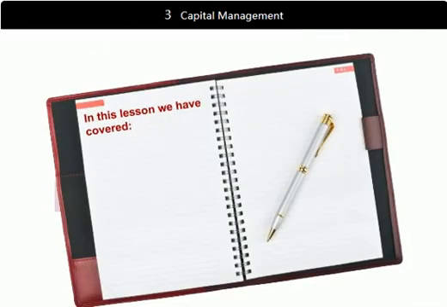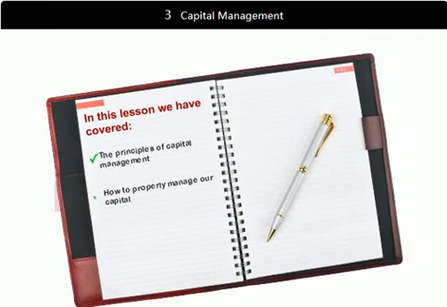In this lesson, we've covered the principles of capital management and how it helps in trading. We've learned how to properly manage our capital by keeping our losses low and our profit potential high. We've learned the 2 main rules of capital management, 5/15 and 10-30. We've learned about the risk levels and ways to work with them. If the material we've covered here is not sufficiently clear, I recommend that you retake the lesson. We will now move on to the next lesson, which is about market analysis. We'll learn how to try to predict which direction the market will move in the future.